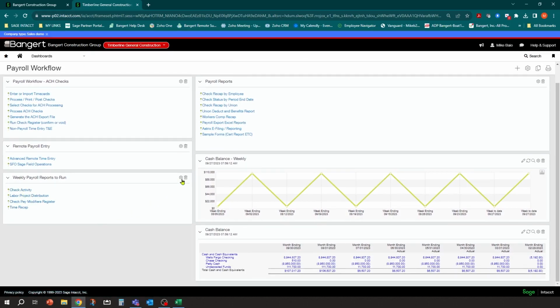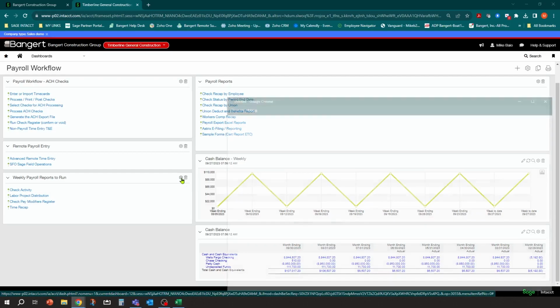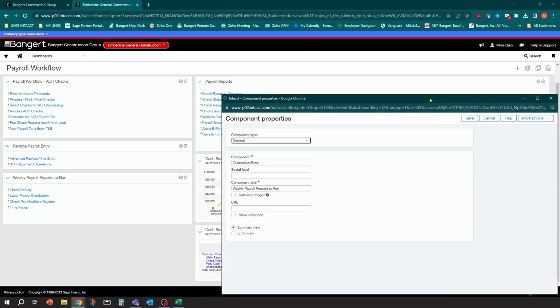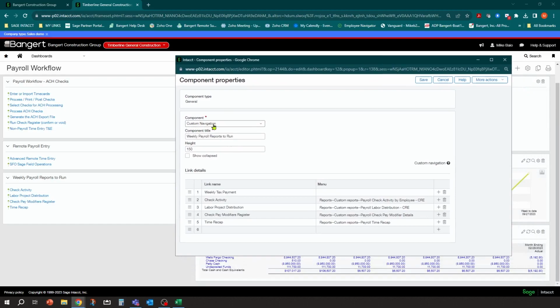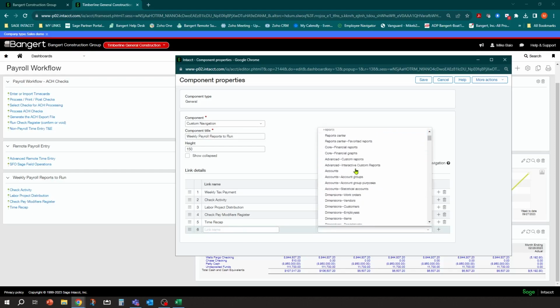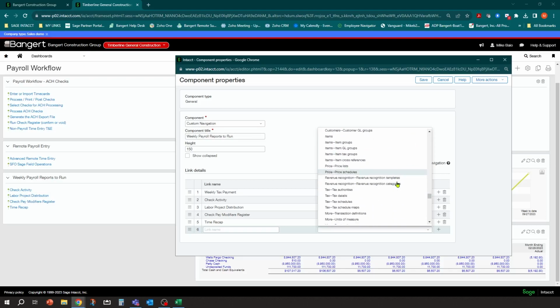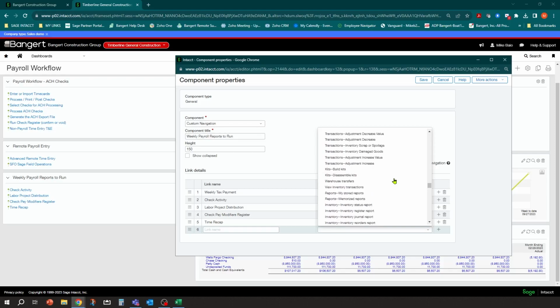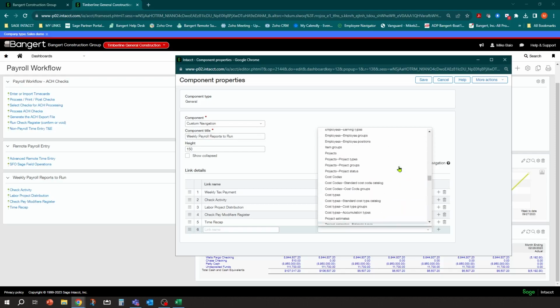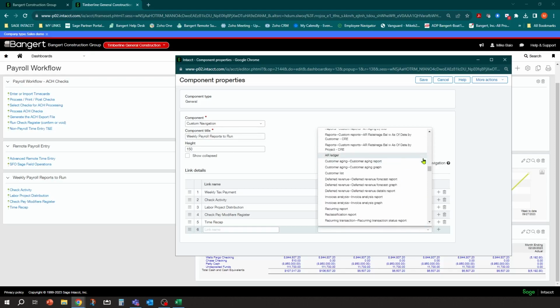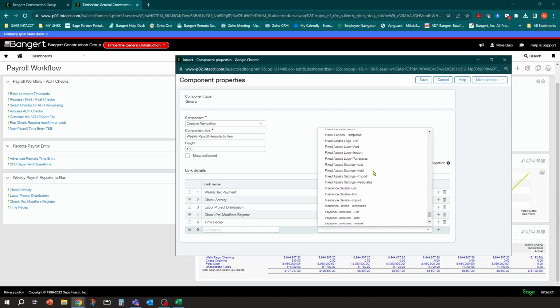And all I'm doing here is hitting this little settings wheel. And when you go into here, the component is called custom navigation. And all you need to do is name it and then go find it on the menu. So this takes a little scrolling here. Payroll is typically down near the bottom. There isn't a great way to pre-fill. I'd recommend just scrolling up and down and finding that payroll area. And once you find it, which I think I've already passed, let's go down to the bottom again.